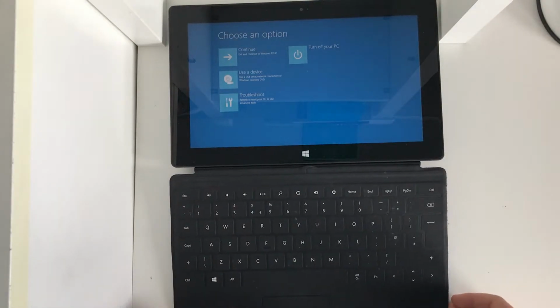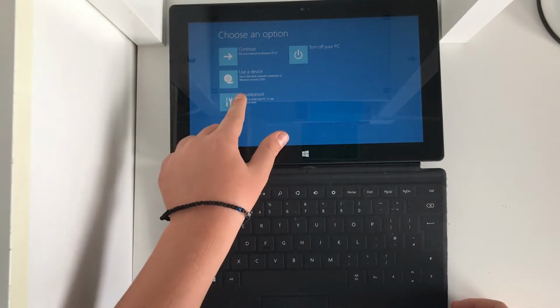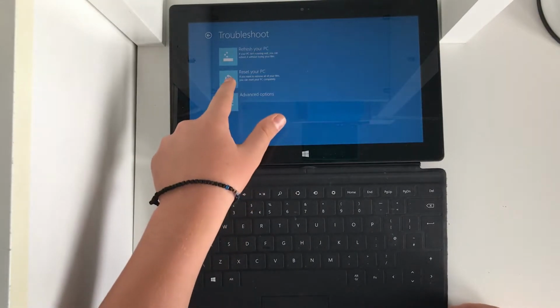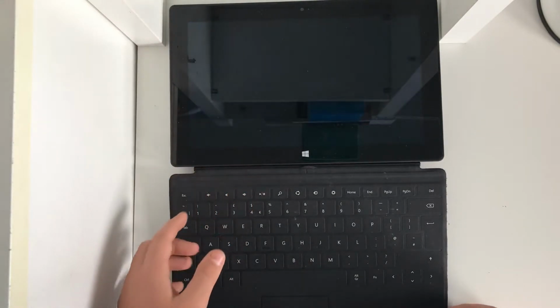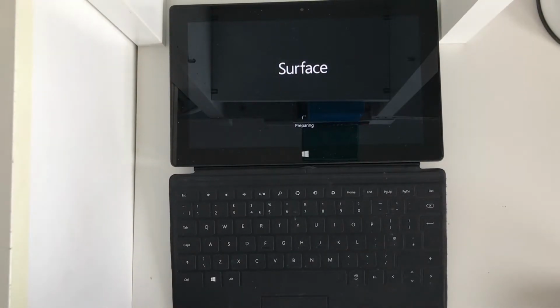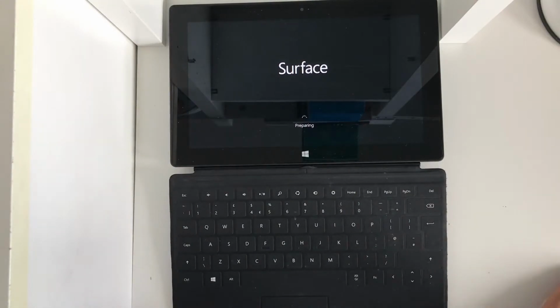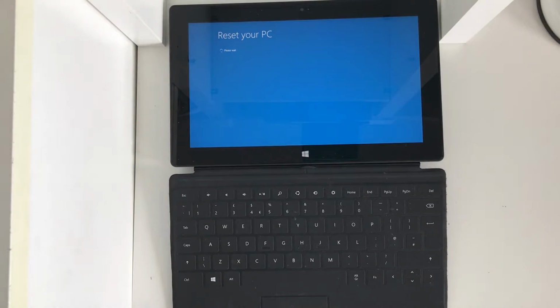So once it's taken you to the menu, you now need to press troubleshoot, and then you need to press reset your PC. Following this, your laptop will restore and will come to the screen like this. So now you'll see this screen, and once here you need to wait until the spinner stops and you'll be